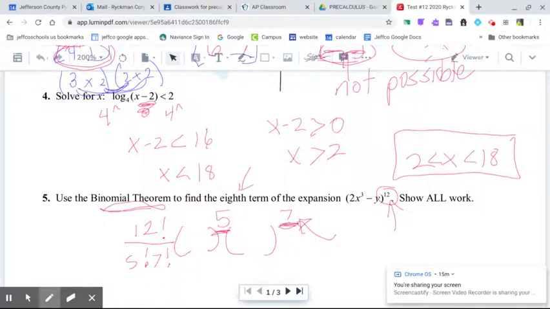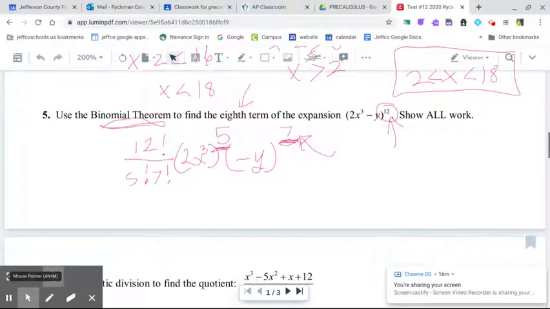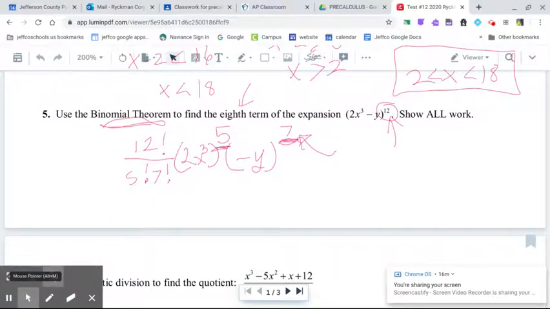The first term is 2x cubed. And the second term is negative y. All right, now it's cleanup time. So let's start with the coefficients. I'm going to need more room here. All right. So for the coefficients,